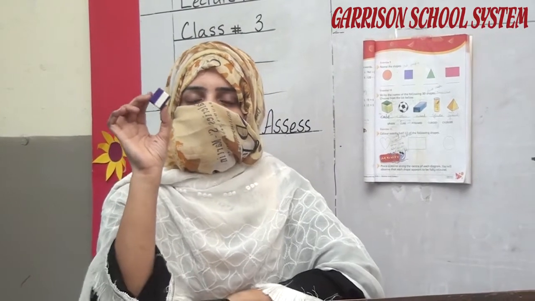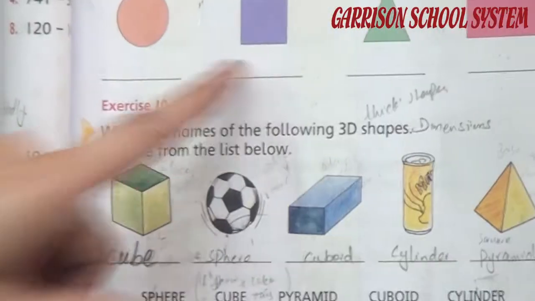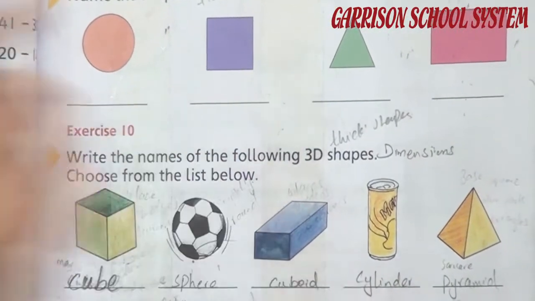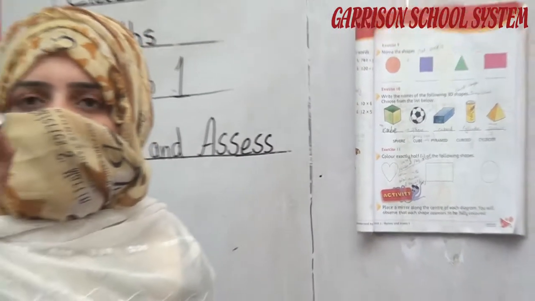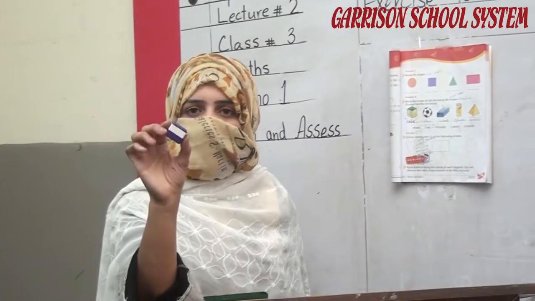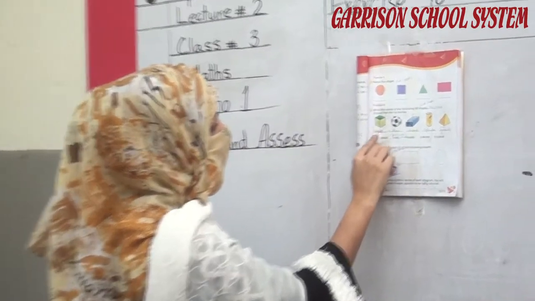This is a 3D shape. This is like a square. You can see the square. This is a flat shape, a simple shape. But look at this shape. This is not flat. This is a thick shape. It has many squares. So we call this square shape a cube. The name of this shape is cube. C-U-B-E, cube.